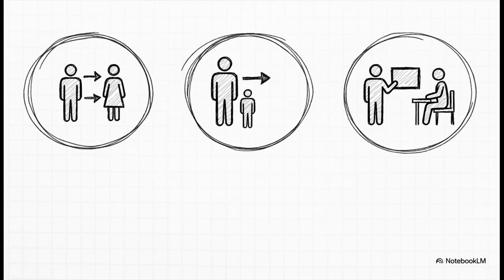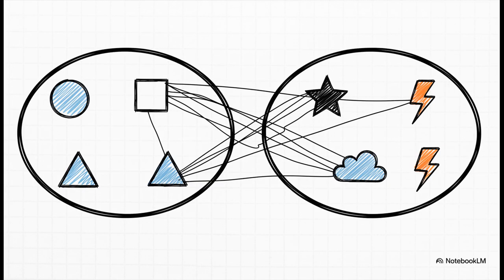And once you start looking, you see these connections everywhere. You've got brother and sister, parent and child, teacher and student. All of these are basically just pairs of people, right? And they're linked together by some kind of rule that we can all understand. And this is where math swoops in to save the day. It gives us this really powerful, super precise language to describe all these links.